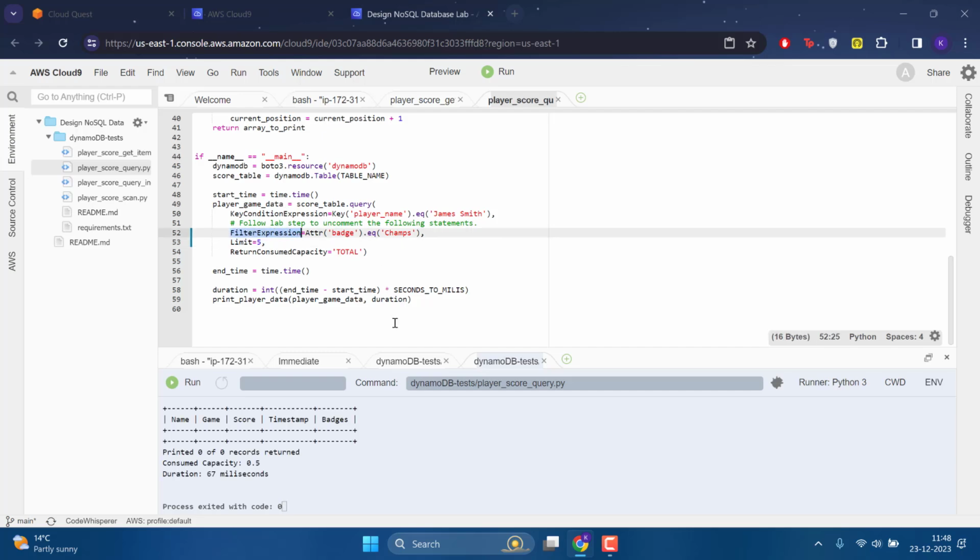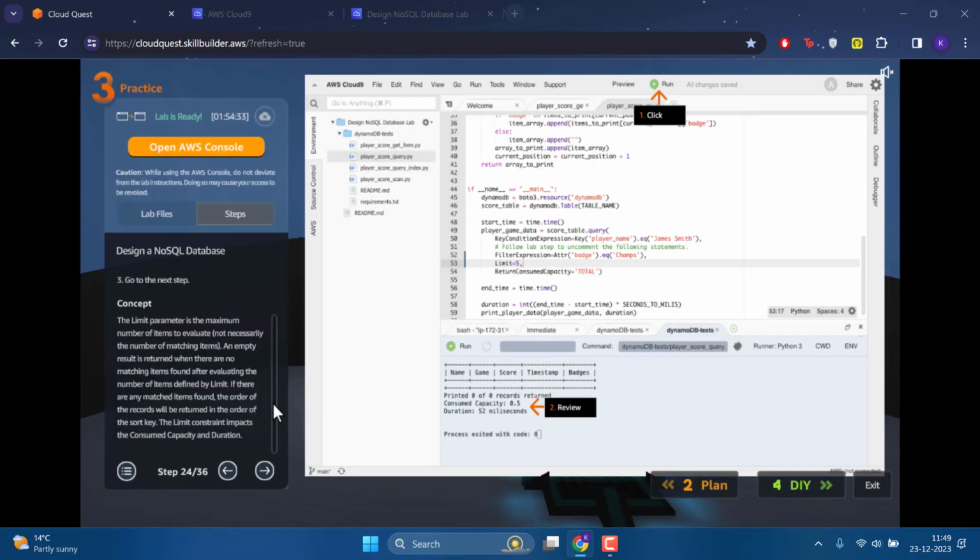Okay, make that clear, because in normal SQL it is different. When you put limit 5, it is going to limit the results that it prints to 5, but here the filter expression makes sense because the filter expression is evaluated after you get the records. Okay, makes sense. Anyways, so that's about the limit, which is good.